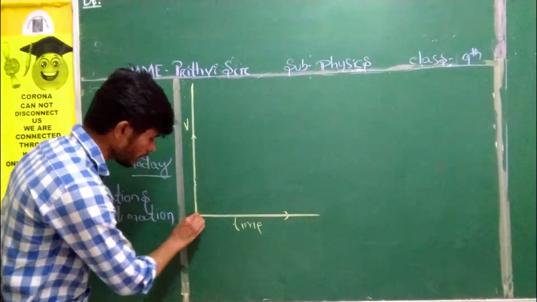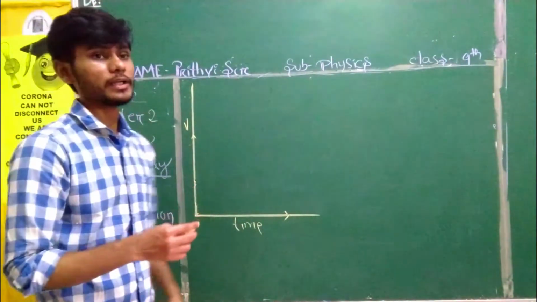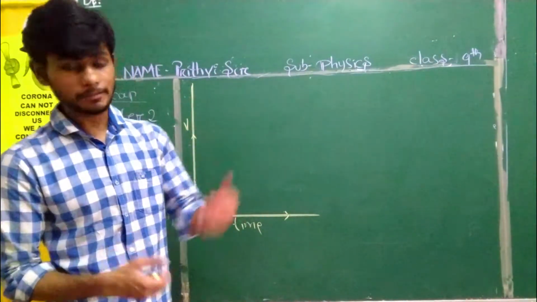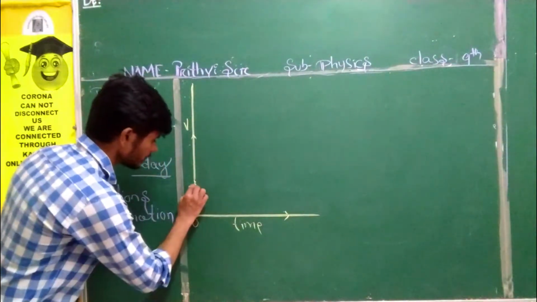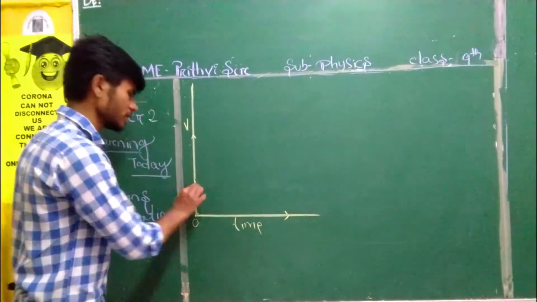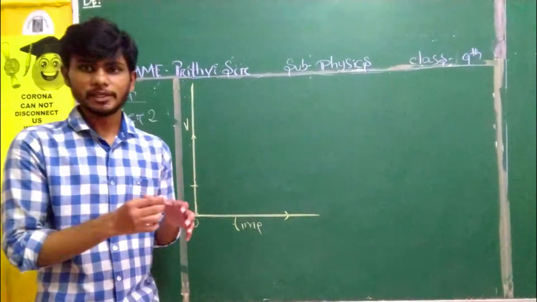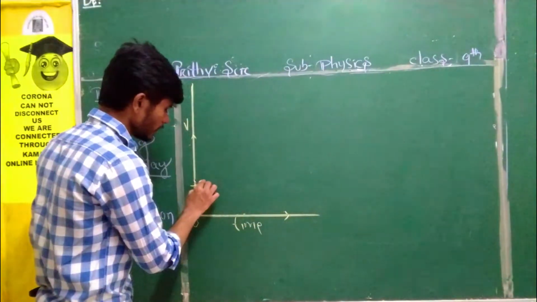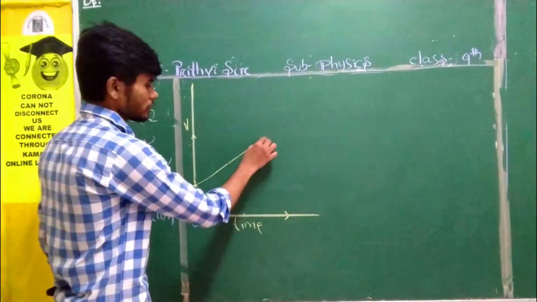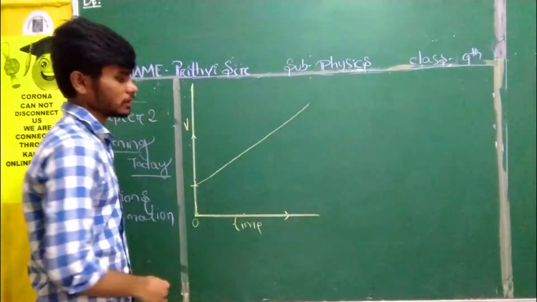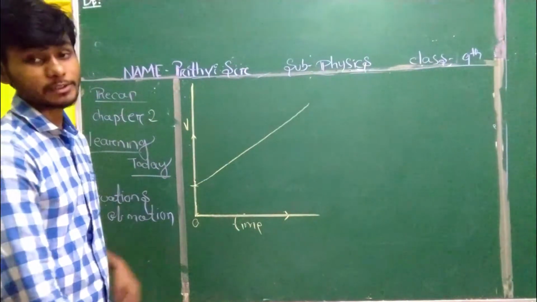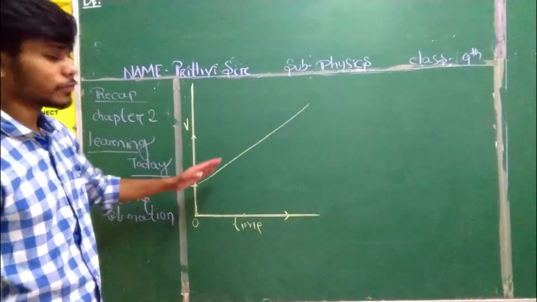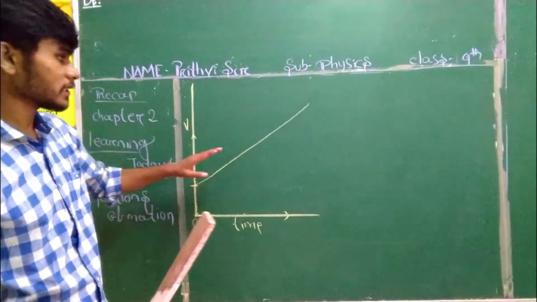Suppose a bike is moving on the road, and you need to see its time. Suppose at zero interval of time, it is at this particular point. The object is at a certain speed. As time goes, the speed grows gradually. As you can see, continuously or slowly the speed is changing. So you will say uniform acceleration. The object is in uniform acceleration.